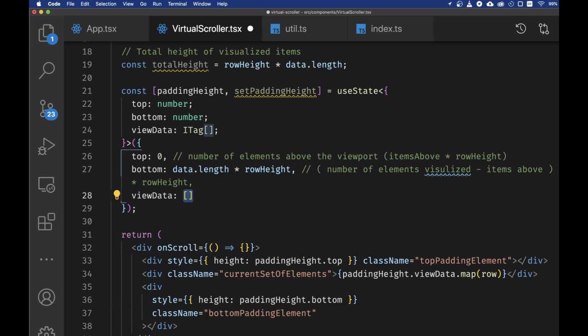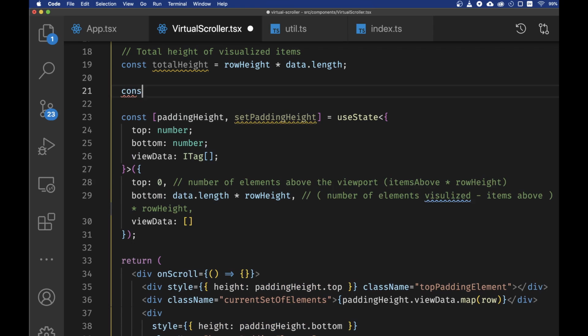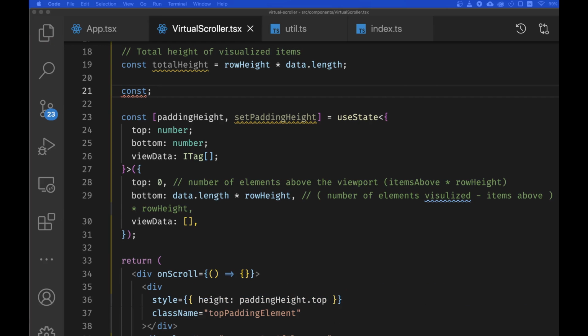So let's start with calculating the top number. So number of elements above. Number of elements above is going to be